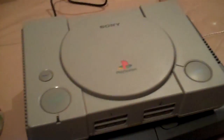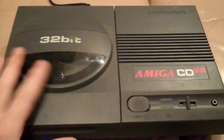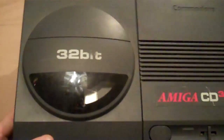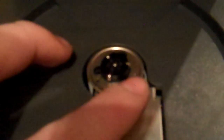Now, the laser in this died a long time ago, but this little spindle here is one of those where you click it in like that, and that would be ideal to swap into this fellow here. So what I'll do is swap that over, see how it works, and get that done and see what happens. Alright guys, so I've got the PlayStation spindle in place on the CD32,